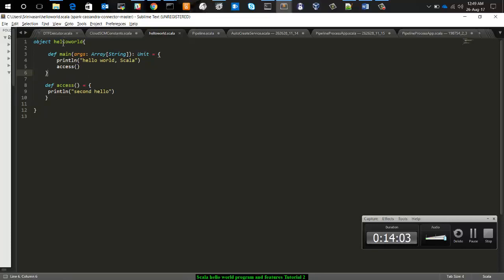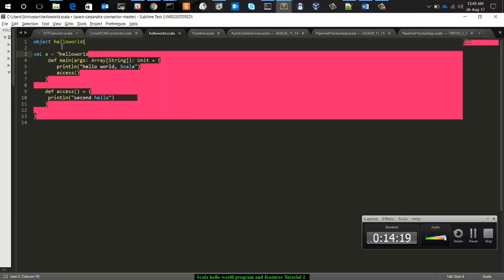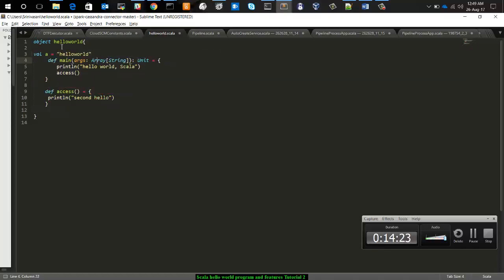Then if you want to declare a variable in Scala, this is the syntax: val a equal to hello world. I am declaring one string here. Let's call the string in this place.